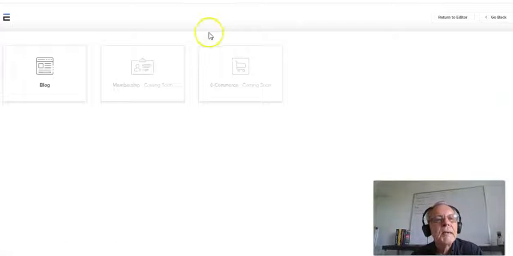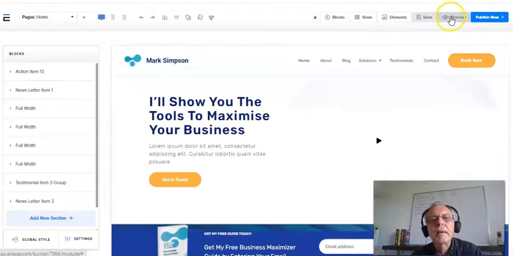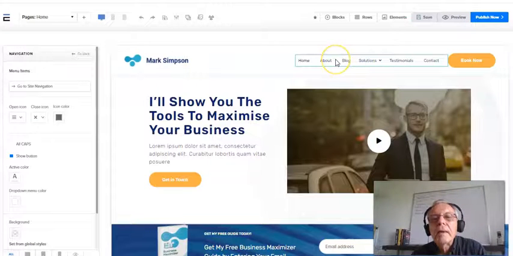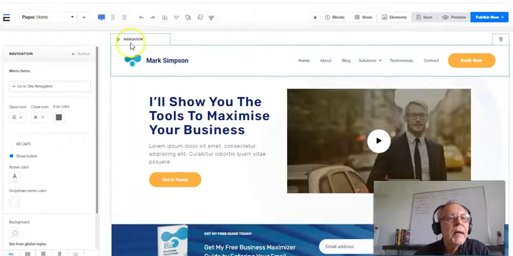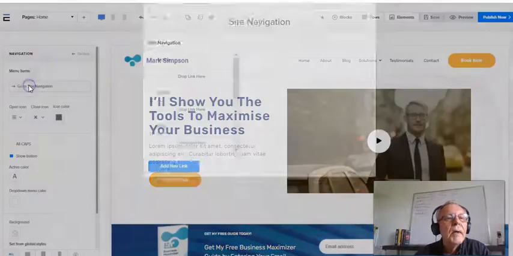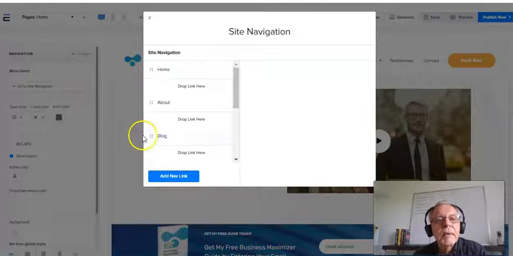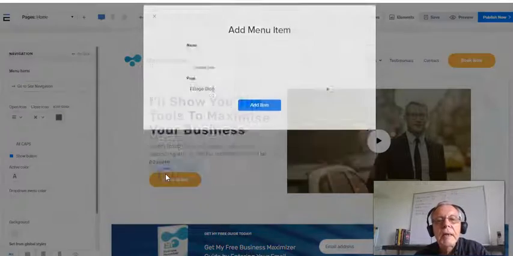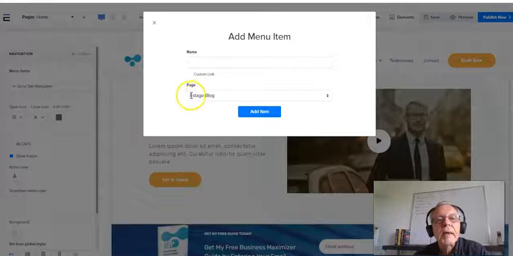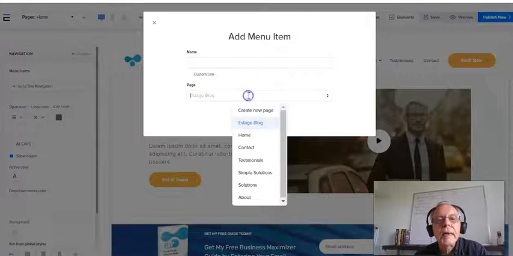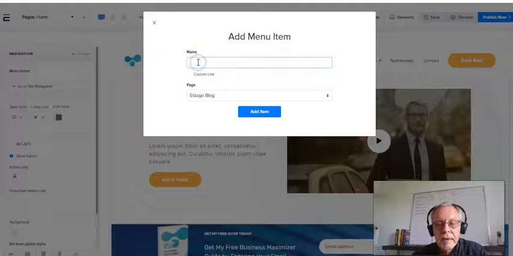The blog exists up here at your modules. The way to add a blog is to go here to your site navigator, click on there, and over here, if you go to this, you can see that here's the blog. The way I added this blog was to add a new link here. And then eStage blog, you can find that in the menu here. And then if you add this, say we wanted another blog,